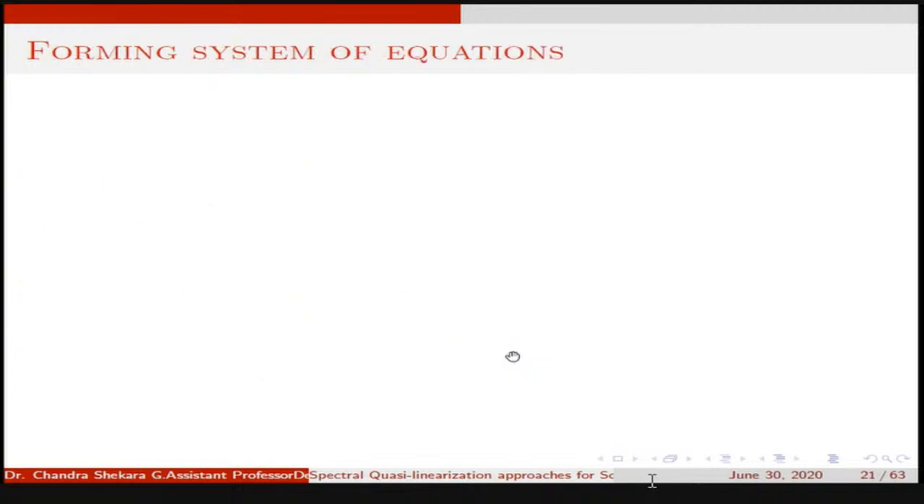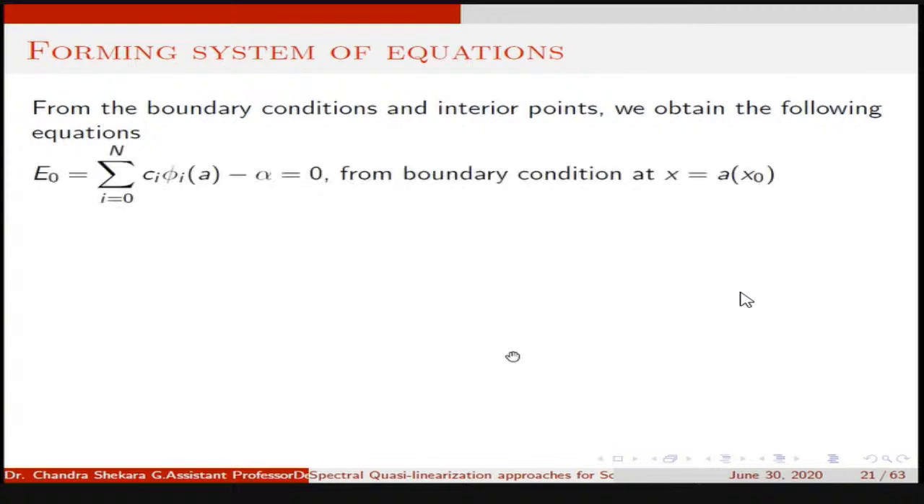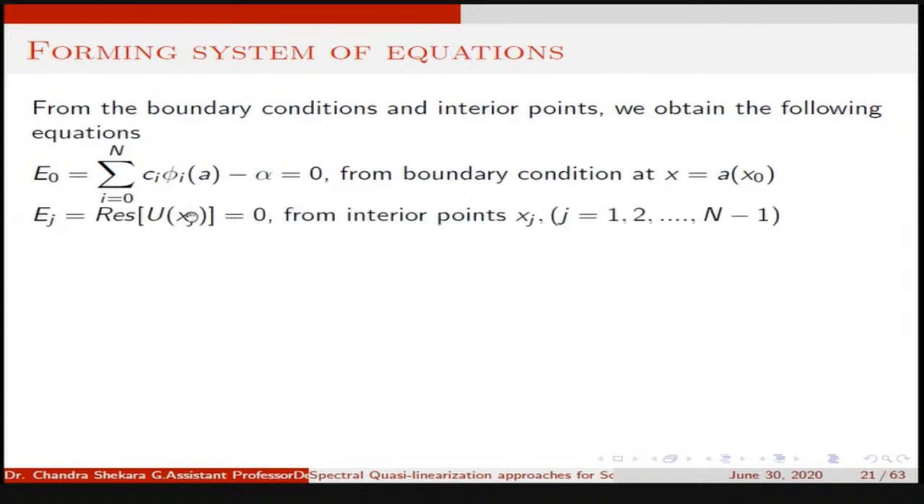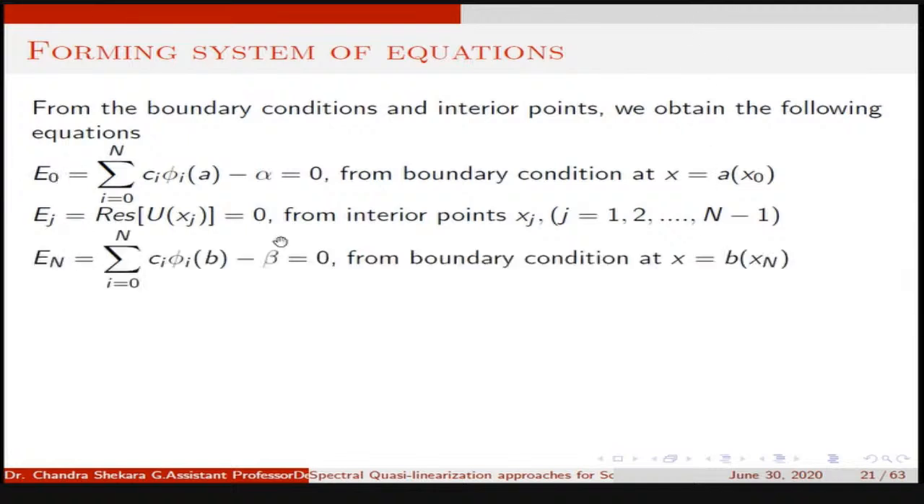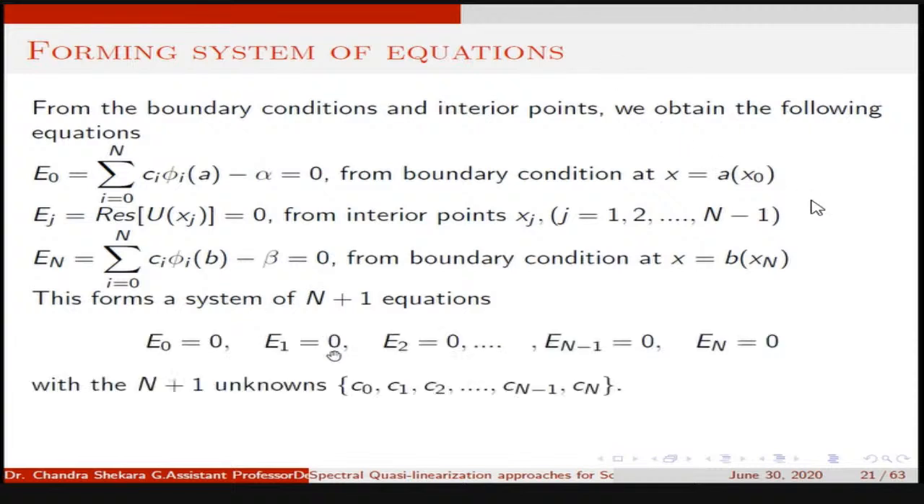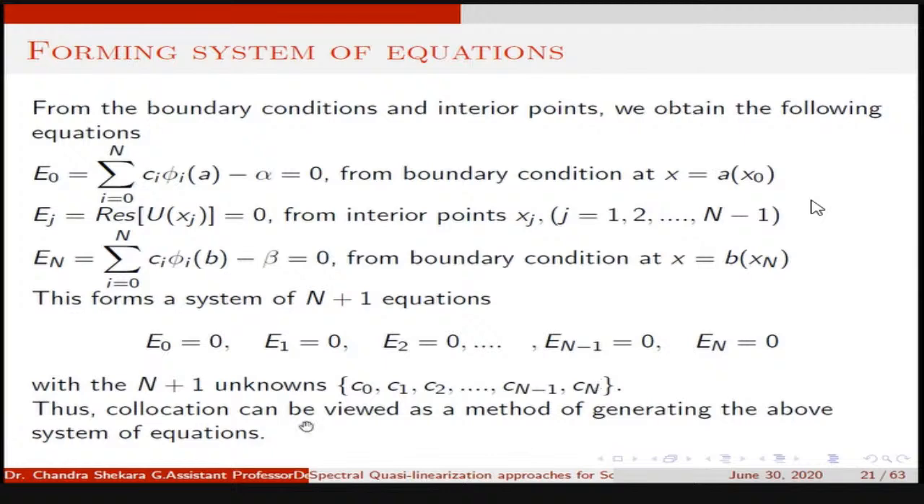Then we can form the system of n plus 1 equations in n plus 1 unknowns, given like E0, Ej. So Ej are the equations at the interior points, E0 is the left boundary condition, and En is the right boundary condition. So that system is given as E0, E1, E2, and so on up to En equal to 0. This is n plus 1 equations in n plus 1 unknowns, C0, C1, C2, and so on up to Cn minus 1, Cn. Therefore, the collocation method can also be viewed as generating a system of